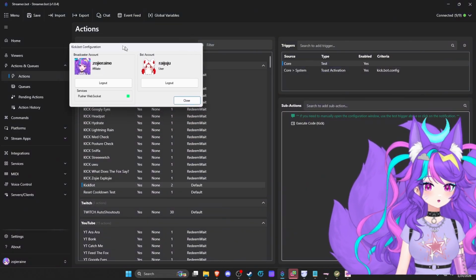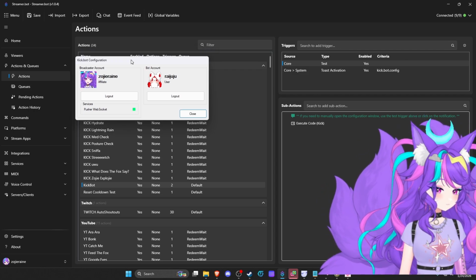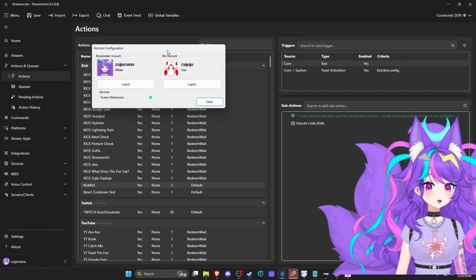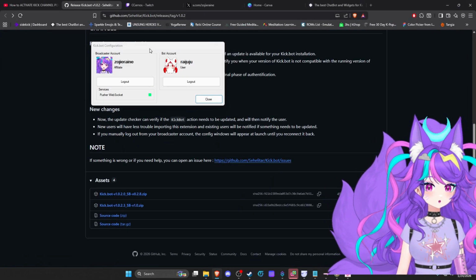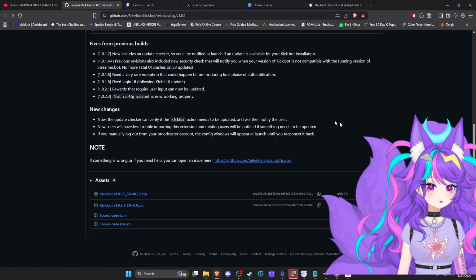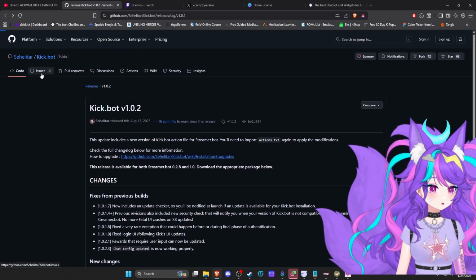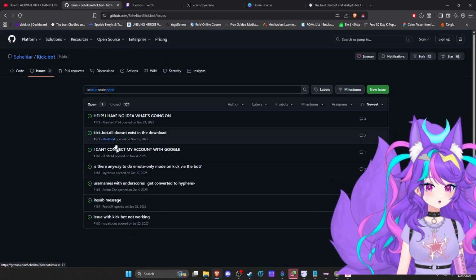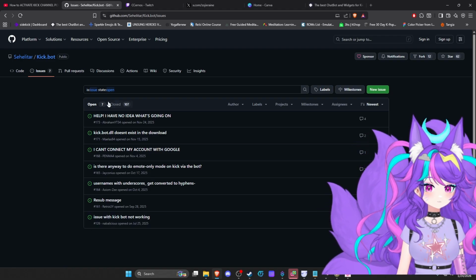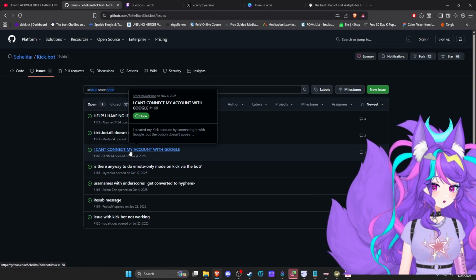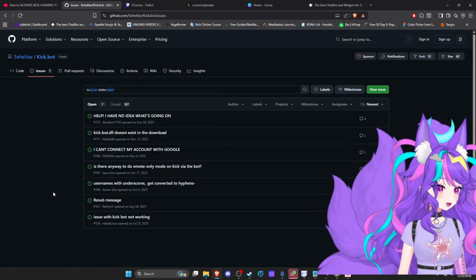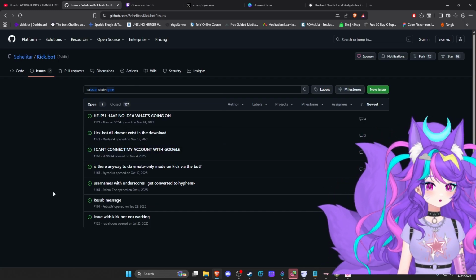And then it's going to have this that pops up, okay? And you're going to log in. If you have problems logging in, the page on here has issues here, and you can go in here and read it. But basically, if you have a Google account, sometimes you need to actually make a real username and password